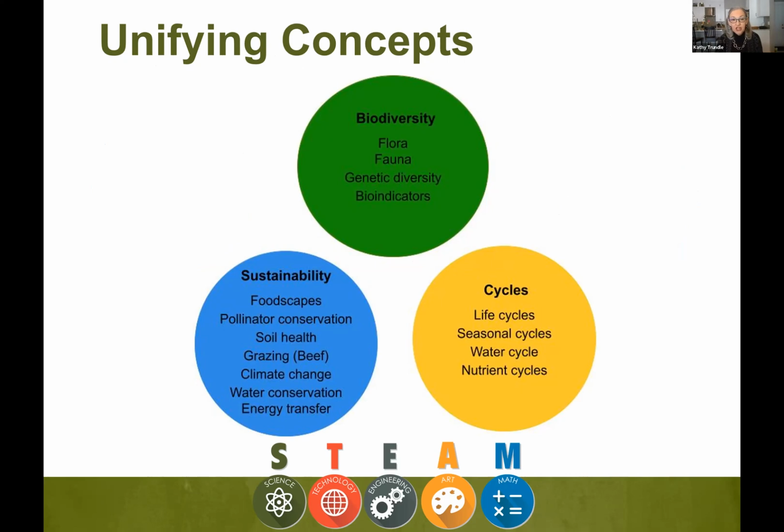Our overarching themes for the curricula include biodiversity, sustainability, and cycles. Those are the pieces of content, the concepts, that we are making sure to include in our lessons. And the unifying concepts have been vetted by our scientists, by our educational researchers, and by our teachers.